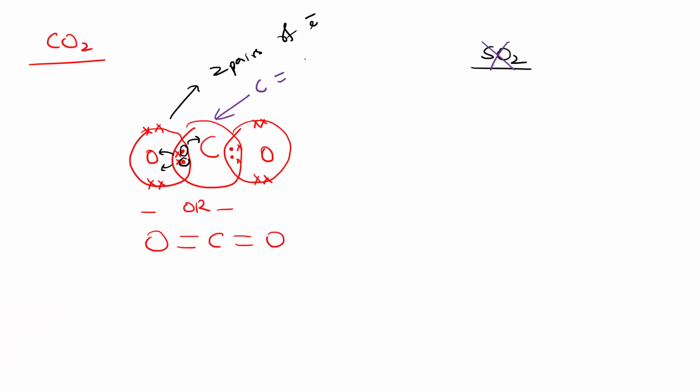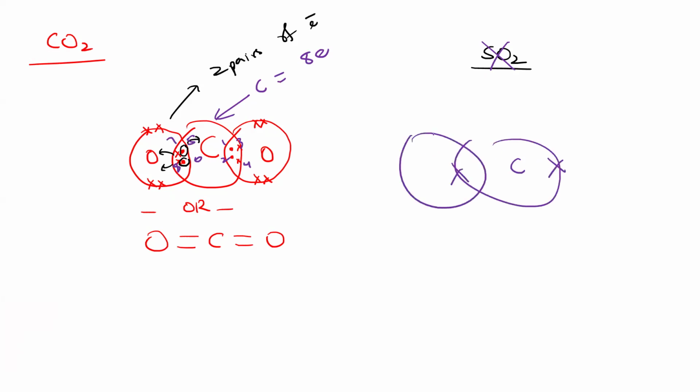Is carbon having 8 electrons in total after forming all of these bonds? Let's count. 1, 2, 3, 4, 5, 6, 7, and 8. Yeah, that's correct. So if we end up showing carbon like this, for example, if we plan to just show electrons like this,